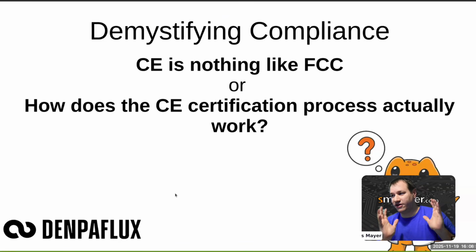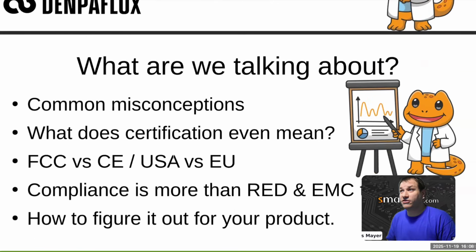So there's always the very America-centric perspective that you will see a lot of times on the internet. If you Google stuff, if you ask AI about that, you will always get the impression that these regulations, depending on where in the world, have something to do with each other, are comparable in some way or not. But actually, they are very separate and they have very significant differences, and you need to know about these. So how does the process actually work? That's our focus. We're looking at the differences and we're looking at some common misconceptions.